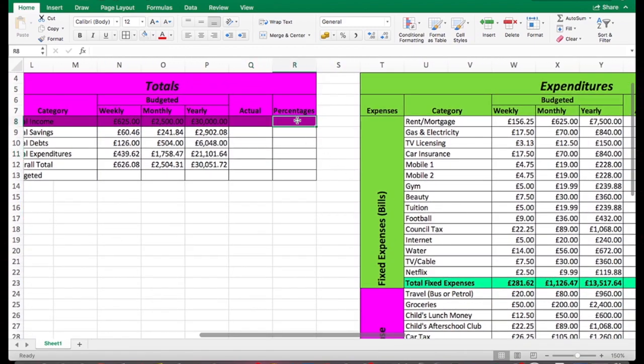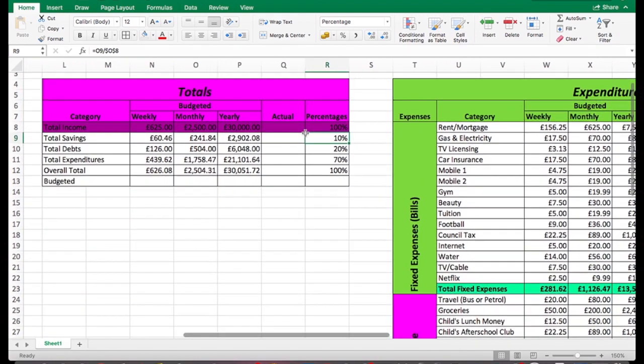We're going to do percentages. That was our monthly, so this should amount to 100%. So equal, divide by that. Then remember to press F4, and that should give you your percentages. Click on percentage because we want that to be percentages, and then we'll bring that down. So as you can see, we have 10% for saving, 20% for debts, and 70% for expenditures, and that gives us 100%